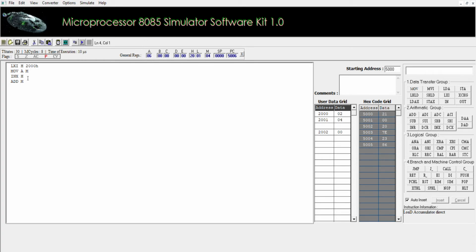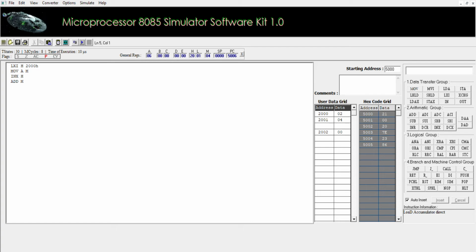This ADD M instruction adds the content of the accumulator with M. As we know, A is a special purpose register, so it also holds the result. Result is 06. It also shows a P flag, the parity flag. If we convert the 6 in binary, it is 0110. There are two ones, so it is even parity. Therefore, the parity flag is high.